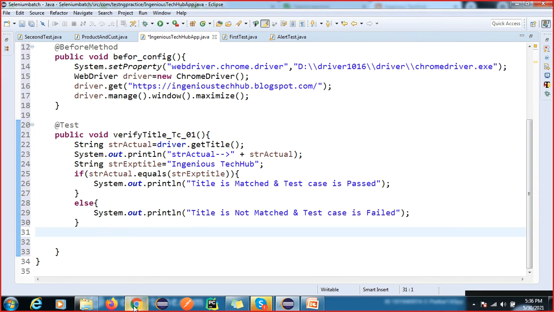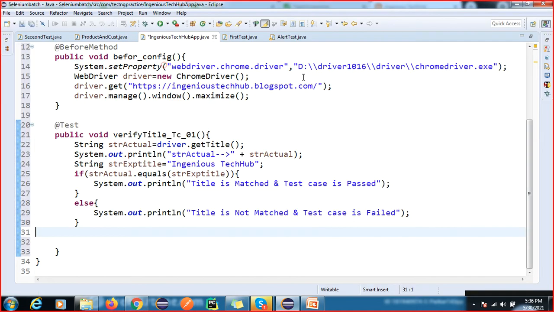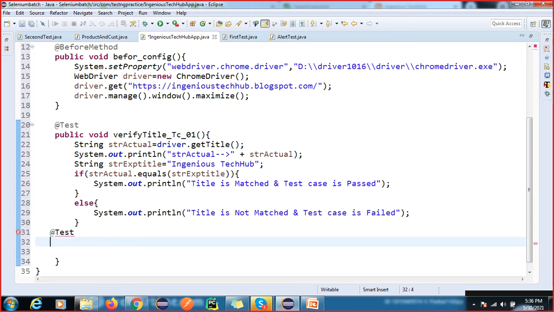Second test case, you have to verify this text, the engineers take up text. So I'm implementing another test case. Here public void verify text. This is our TC02.